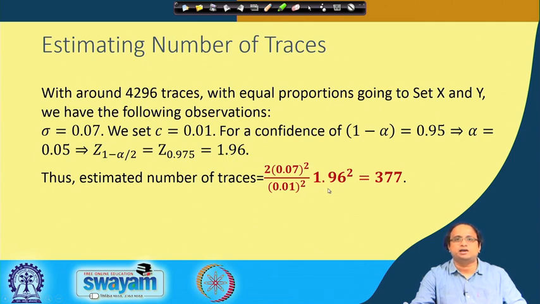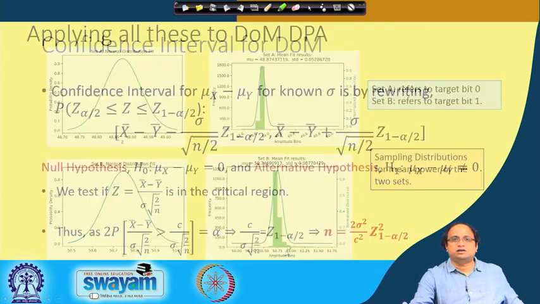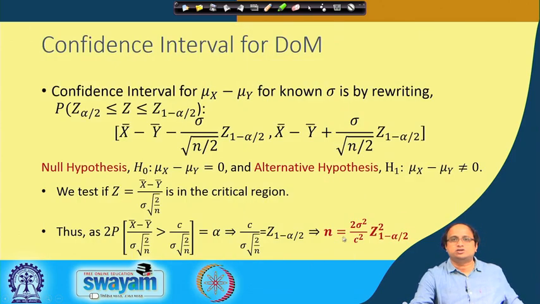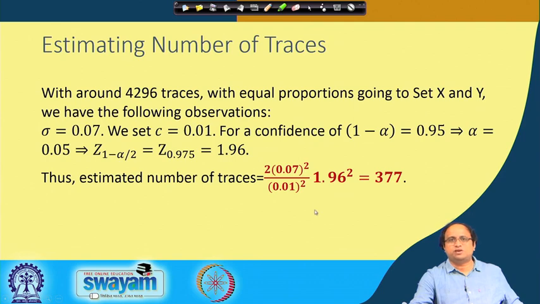So, if I just plug in to my equation, which is essentially given in the previous discussion, that is n is equal to 2 sigma squared by c squared into z 1 minus alpha by 2 whole square. So, we just plug in these values here to get 2 into 0.07 squared by 0.01 squared into 1.96 squared, and this works out to 377. So, again this is a rough approximation, but you get a rough estimate of the number of traces which are required to indeed understand or accept the null hypothesis with a reasonably high